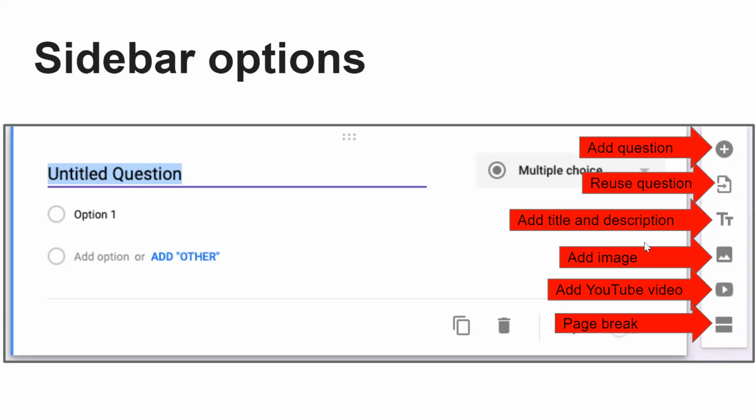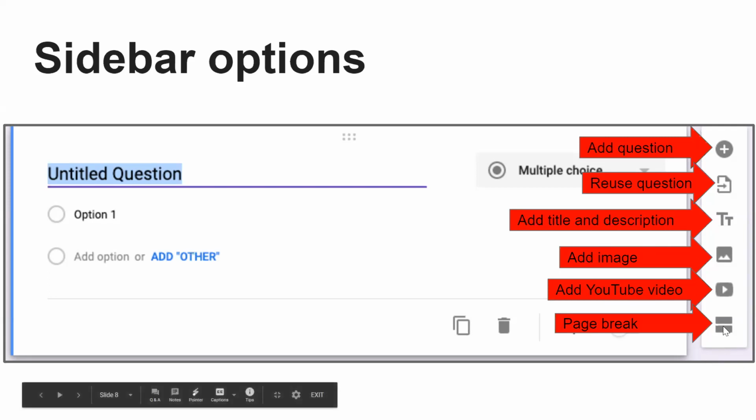So I know that there were a few teachers during e-learning that really liked using forms, and they still wanted to give students a video component. So they would put the YouTube video within the form and then the questions that the students would answer from the video after that. And then page break just breaks up, it's actually called adding a section on a form,